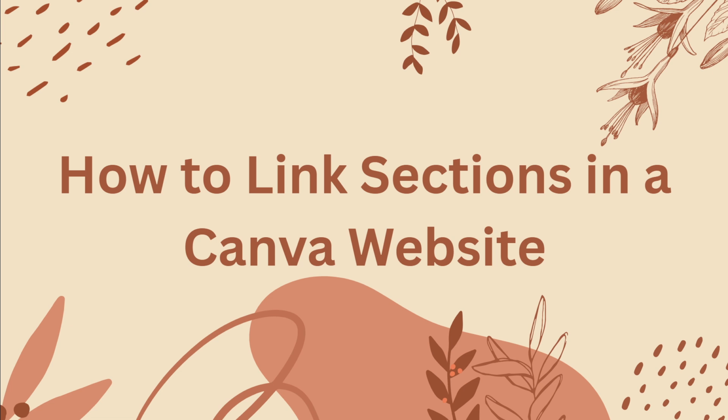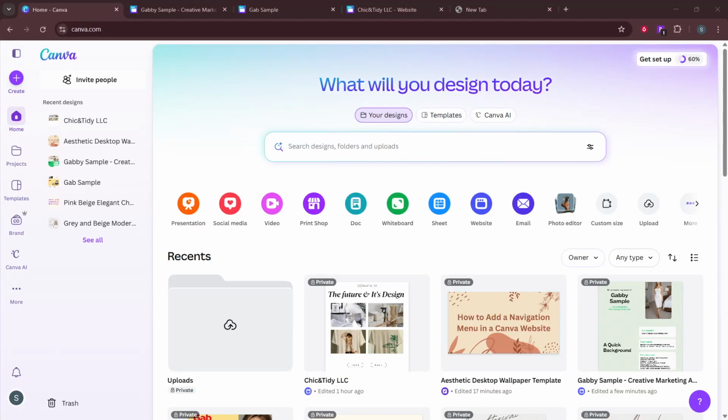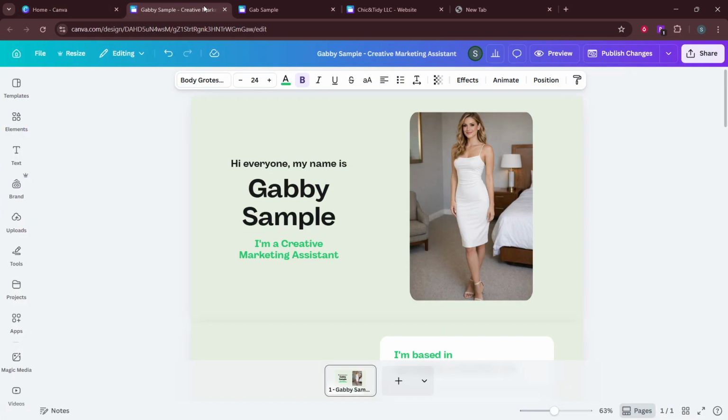Canva's built-in navigation works beautifully when your site is organized into separate pages, each with a clear title. Those page titles automatically become clickable links in the navigation bar and help visitors move around your site. What Canva doesn't support yet is true anchor-style linking within a single, endlessly scrolling page.